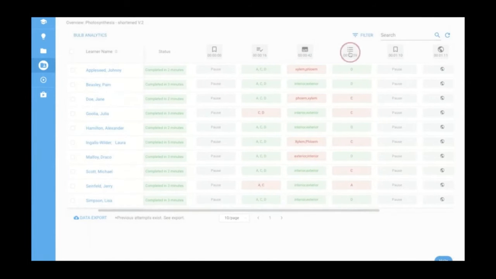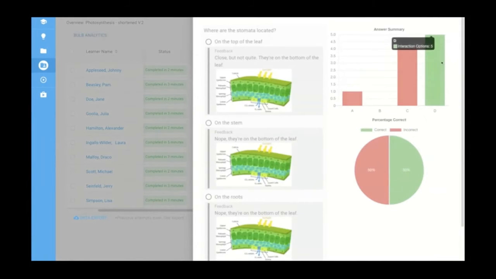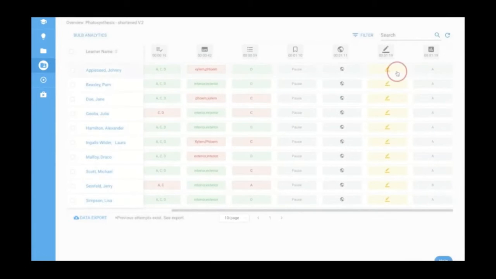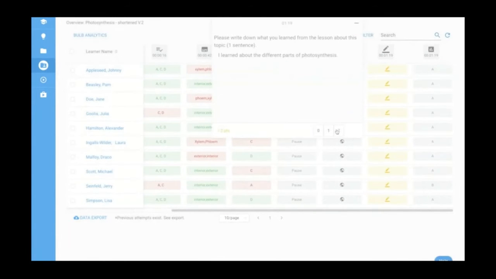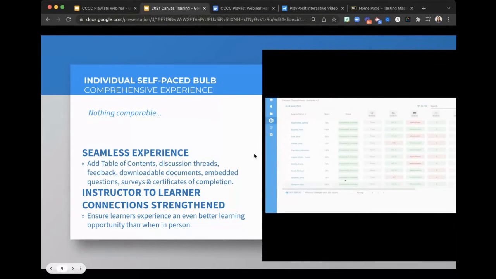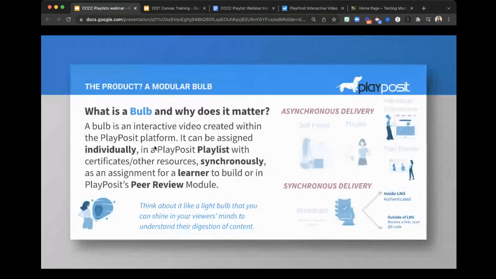The great part about this as well is that you can actually sync all of this data directly to the Blackboard gradebook. You can make adjustments as needed here as well and easily resync everything. So it's just a great consideration. All right, last thing, all of this data can be exported too. So if you ever need a hard copy, you can have that too. All right, so that is just some quick context of what PlayPosit is.